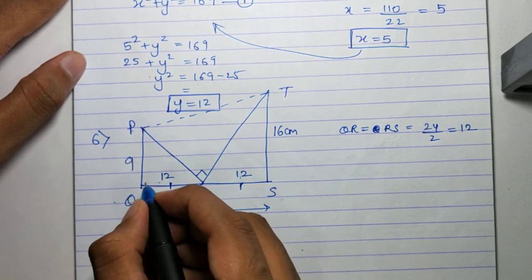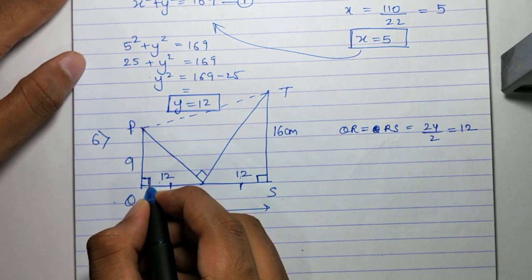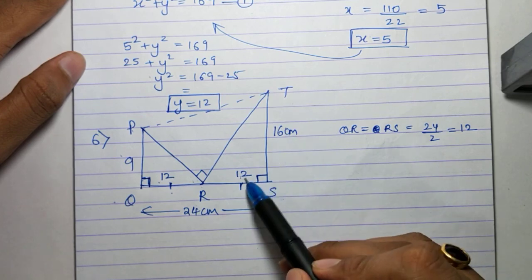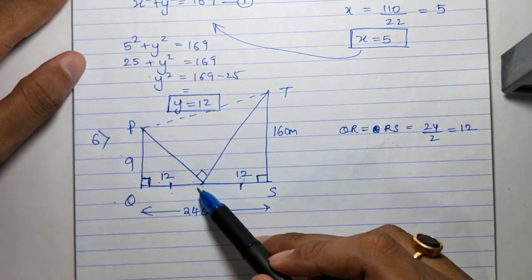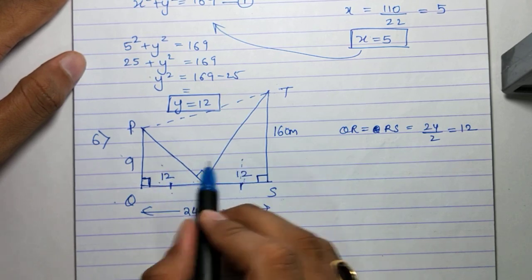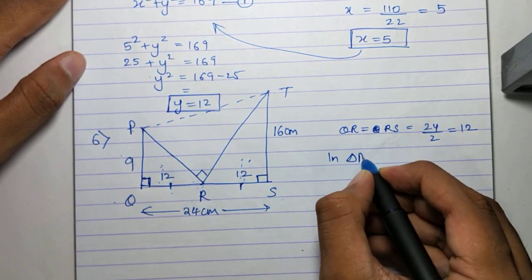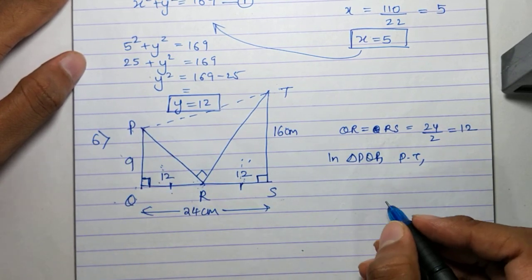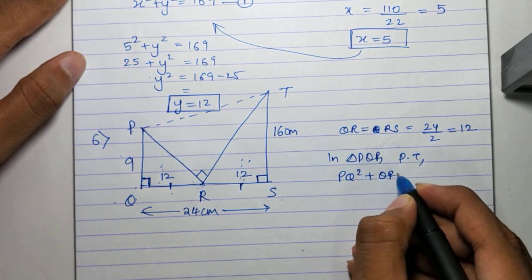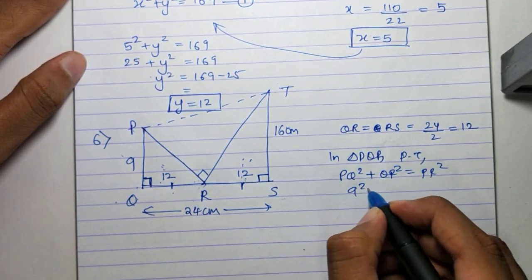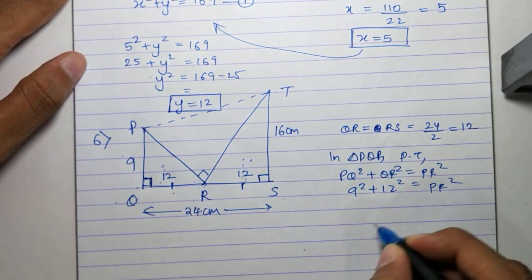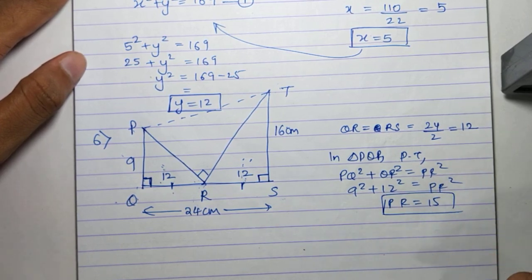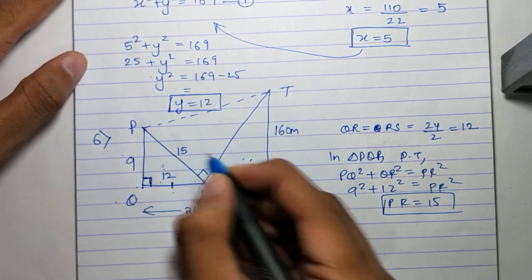So पहले PT find करने से पहले I'll apply Pythagoras. This is 90 degrees. These two are perpendicular. Okay, so these two are 90 degrees. Mark them. So using Pythagoras theorem, find PR first, and in this triangle find RT. Okay, so let's apply Pythagoras theorem in both the triangles. So in triangle PQR, using Pythagoras theorem, PQ square plus QR square equals PR square. So 9 square plus 12 square equals PR square. When you solve this, you will get PR as 15. Okay, solve it, complete the steps.